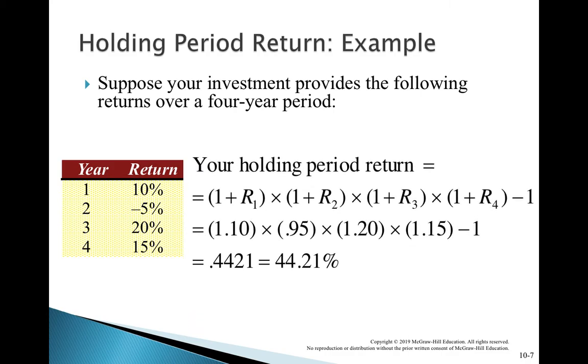Therefore, the returns will be 1 plus 10% is equal to 1.10, multiplied by 1 plus minus 5% is equal to 0.95, multiplied by 1 plus 20% is equal to 1.20, multiplied by 1 plus 15% is equal to 1.15, the whole multiplied by minus 1 will give you 44.21% as the holding period return. So,